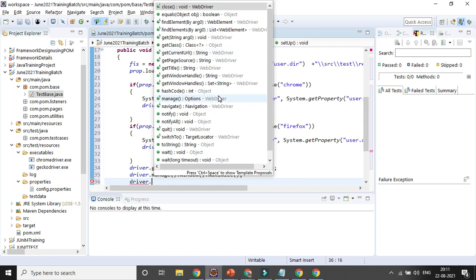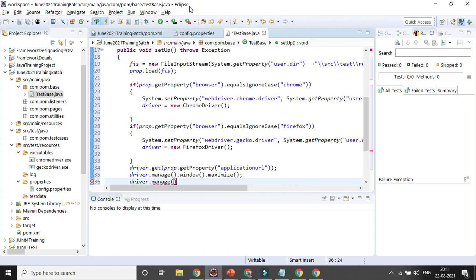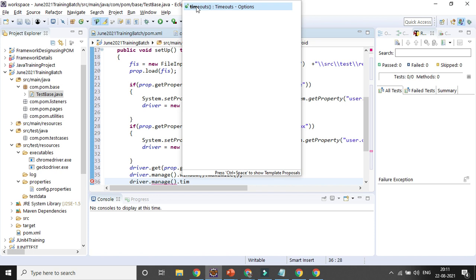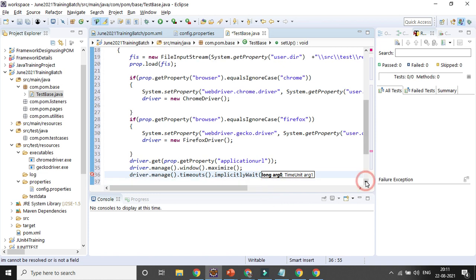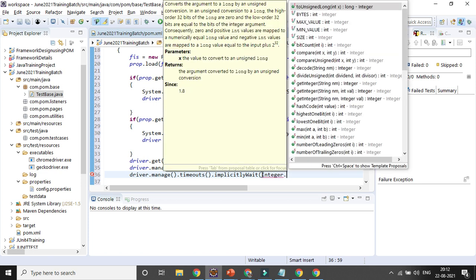Let's try driver.manage().timeouts().implicitlyWait, and in the argument here we'll be converting it, that one argument, into an int, using the Integer wrapper class, Integer.parseInt.